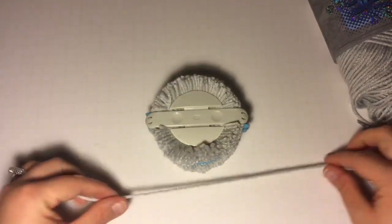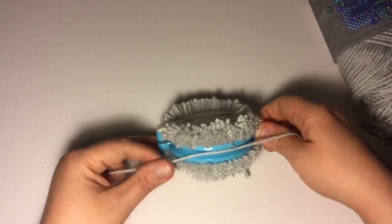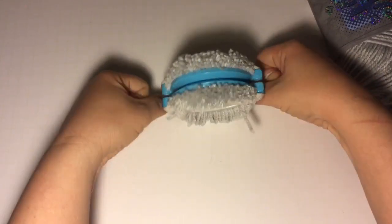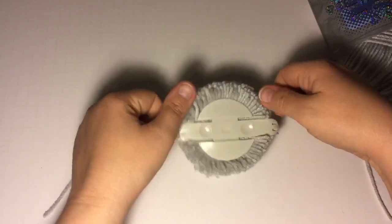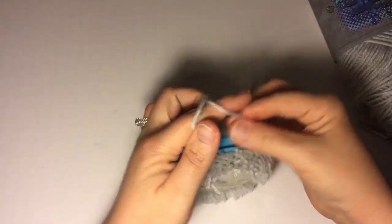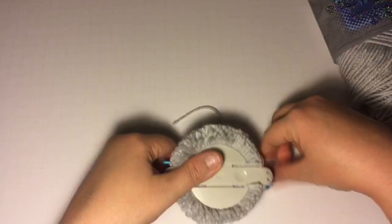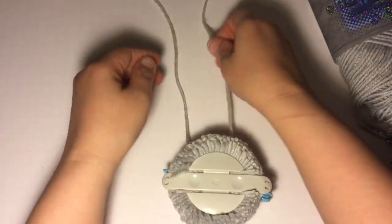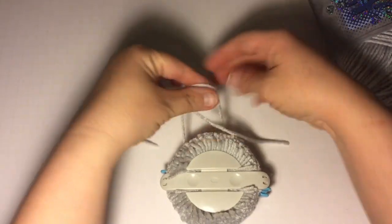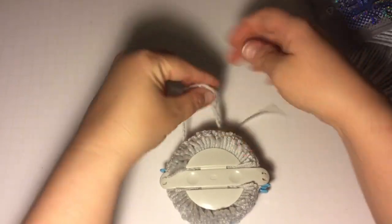What you're going to do is take the strand, go through here, and push this strand down all the way until it doesn't go any further. And it comes up here. Okay? This is what it should look like. And then crisscross these two strands of yarn. If you need to make one side longer to even them out, go ahead. Crisscross them over like this. Knot them twice, so 1, 2, and then